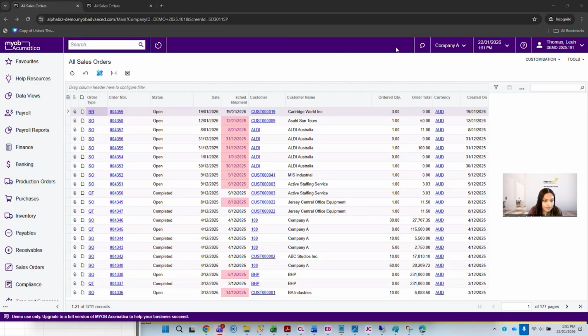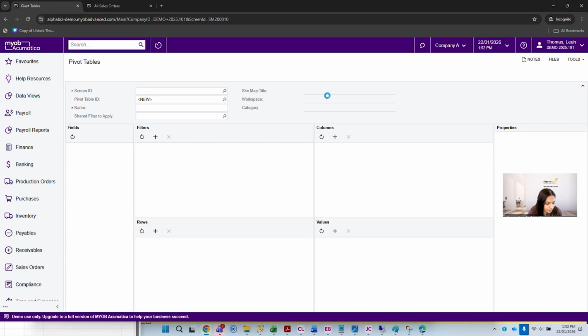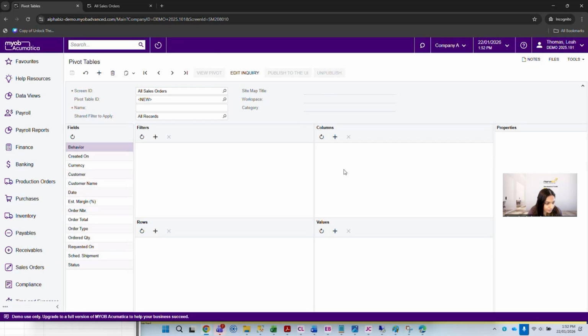Okay, so you do need to have the customizer role as well to be able to do this. You click on customization, and then you click on pivot tables. And it will open this here, which as you can see is quite similar to Excel. You just drag and drop the fields over that you want to. So, okay, I'm going to grab,